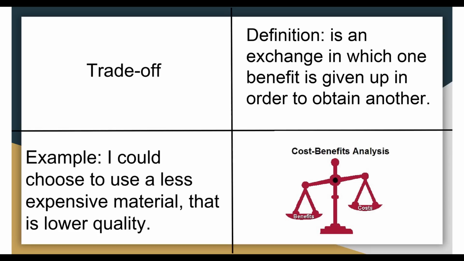Sometimes you could look and like, all right, well, this costs twice as much. Is it really 2 times better than the other option? And if it's not, we'll sometimes go with a less expensive material because we get close to that same level, it's just less expensive. So of course we're going to do that, because then we could either increase our profits, or we can just create it for less money and save some of that money for other things to improve the design later. So that's kind of what we're looking at a trade-off, is generally we trade off one benefit, but